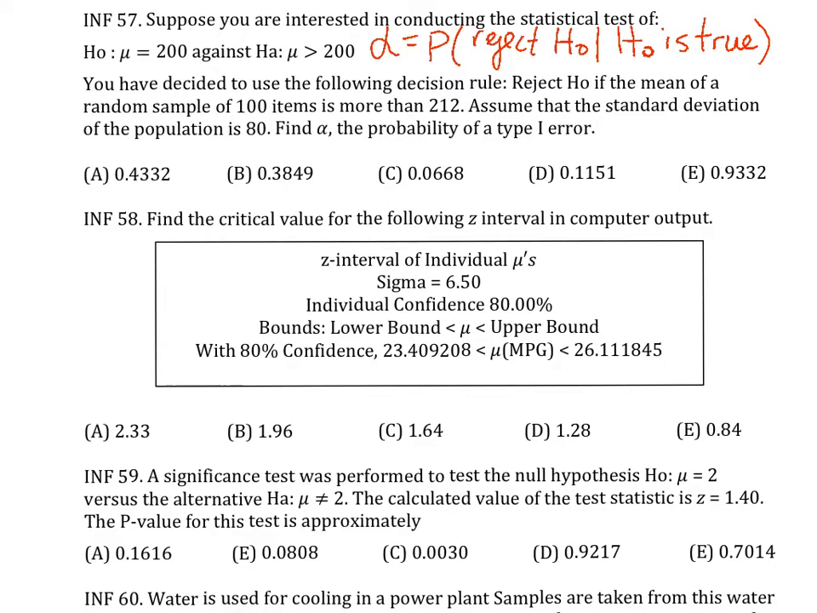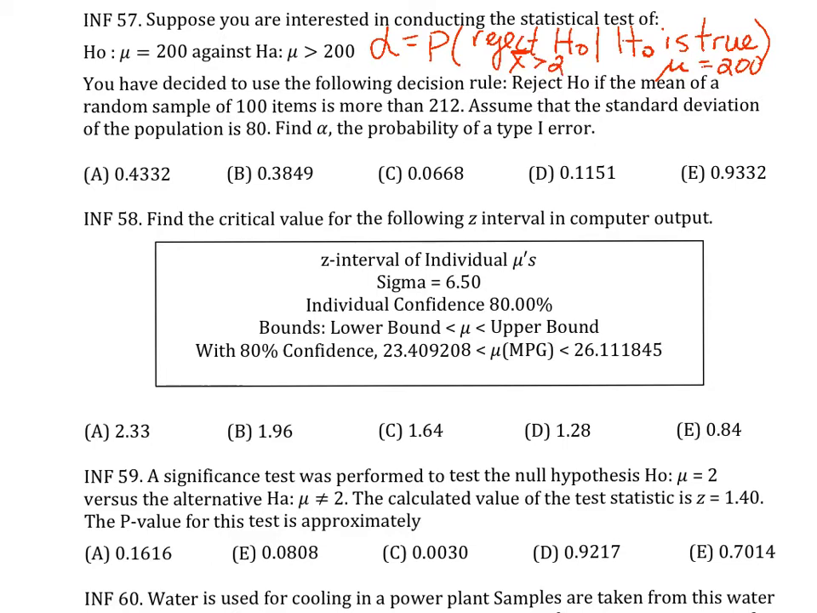So what would make H0 true? H0 is true in this case if mu is equal to 200. Okay, so those mean the same thing. H0 is true or mu equals 200. When would we reject H0? We would reject H0 according to the problem if the mean of the random sample of 100 items is more than 212. So reject H0 if x bar